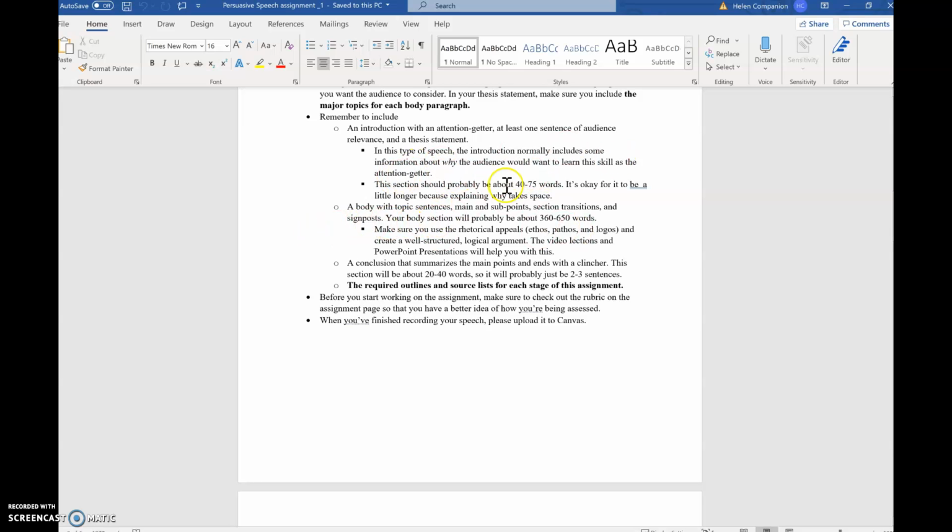The introduction normally doesn't include information about why the audience would want to learn this skill. It includes some background information about the topic at hand. It should be about 40 to 75 words, but it's okay for it to be a little longer because that's just a couple of sentences. It's not really enough to give you a solid basis. And on this speech, if you go over a little bit, like if you end up with a 6.5 minute speech, I'm probably going to be pretty lenient on it because 3 minutes is not really enough for a